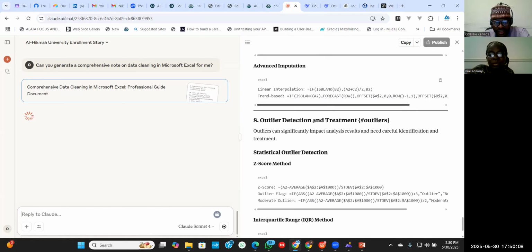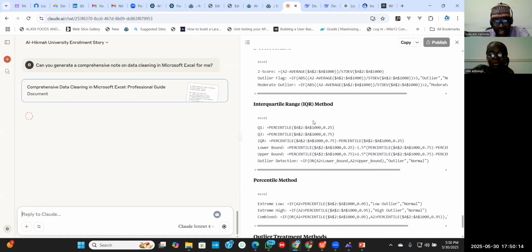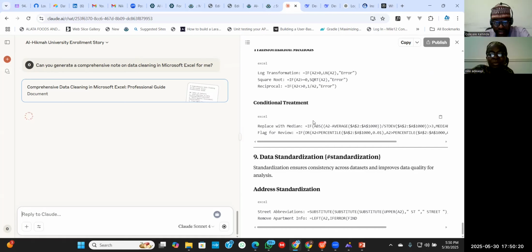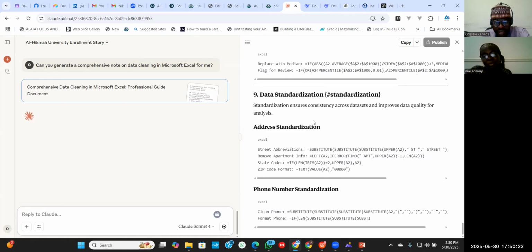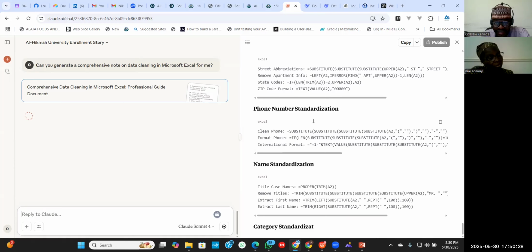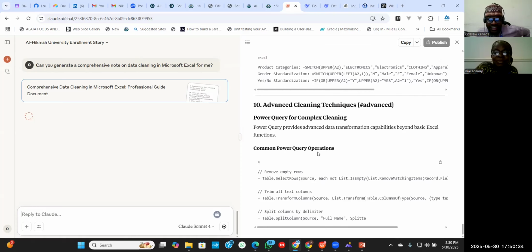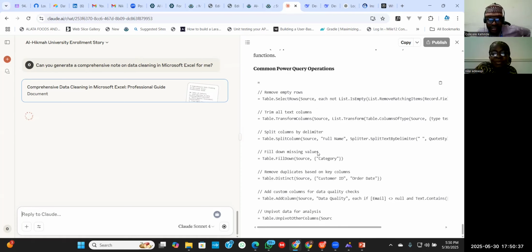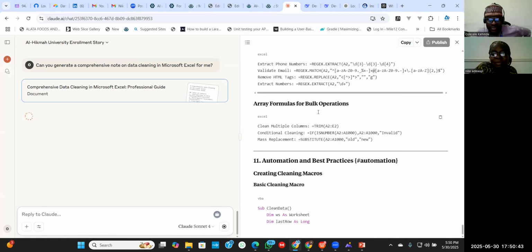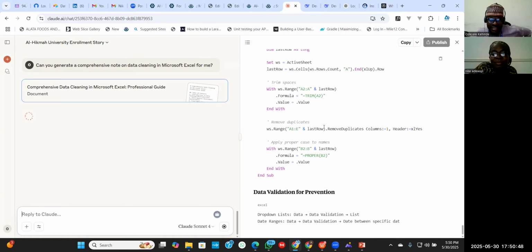Although all of these are advanced, yes, so phone standardization. It is still generating. So regular expression, this is Office 365. Validation.